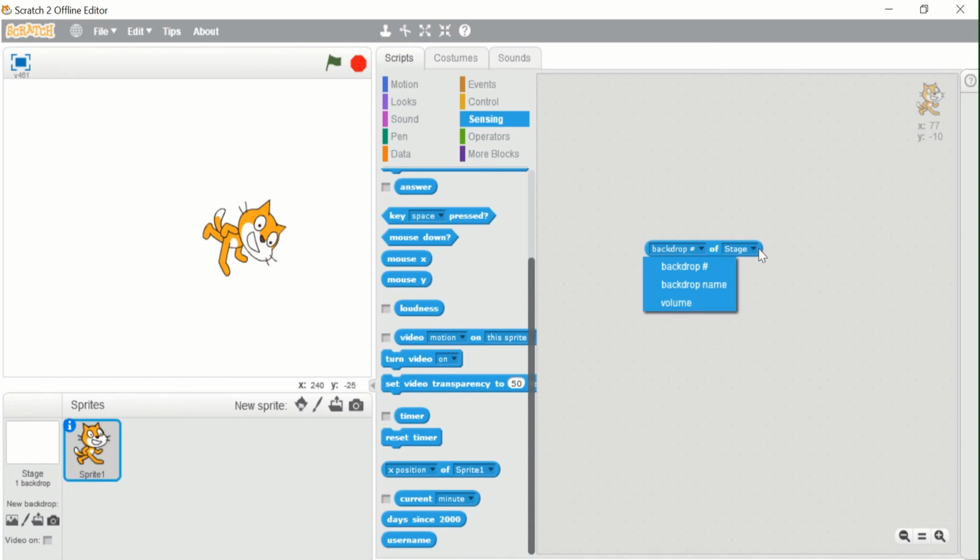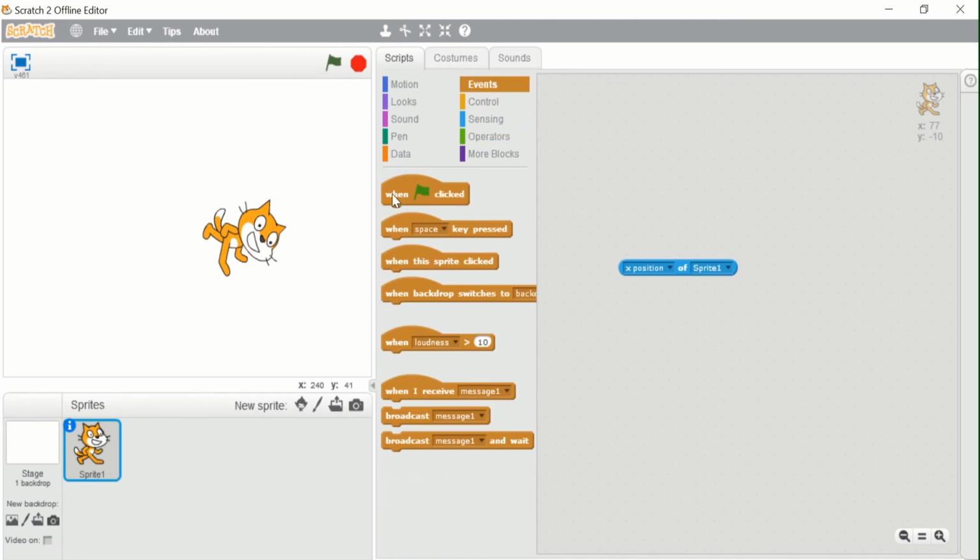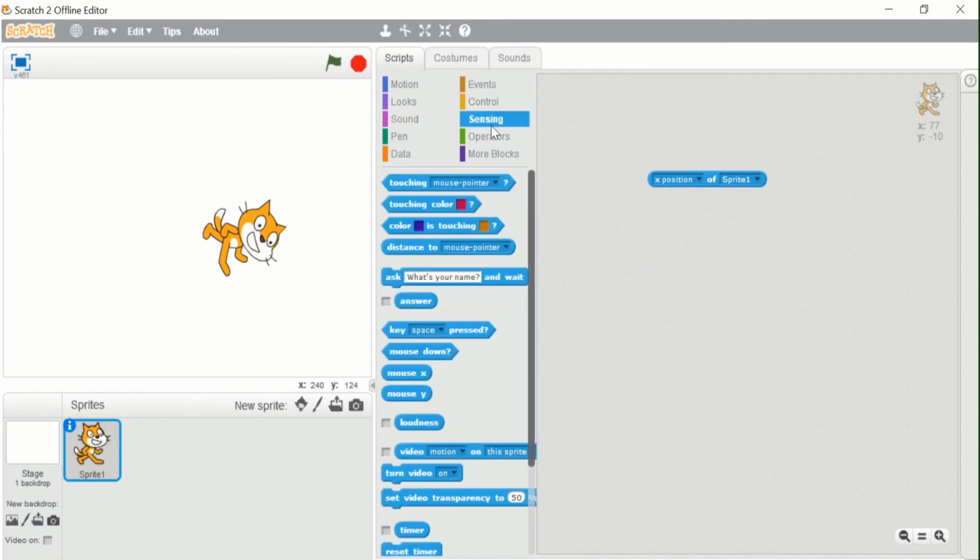So now first I'll remove this, and I'll choose Sprite 1 and the x position. As you all can see, the x is 77, as you can see here. So if I click this, it will say 77. And also we can check a condition using this. But we cannot check it, I said that by mistake, because it is round. So this stores the value. I will tell you all about each. This is y position. Next is direction. If I show the direction, it is 150 degrees.